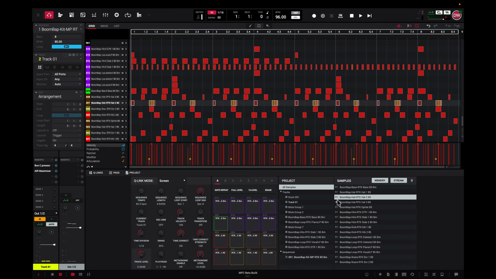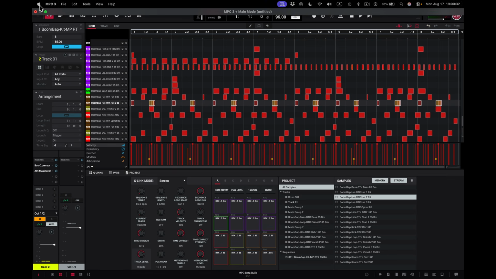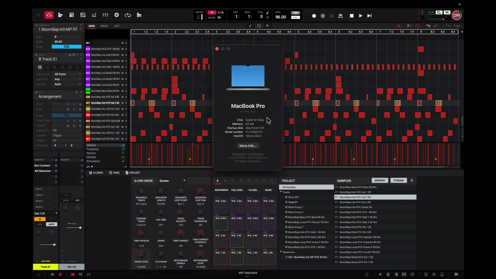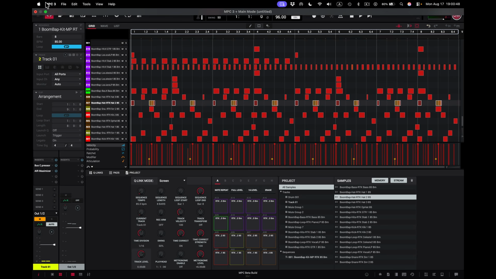Now mine's probably saving faster because I am running a MacBook Pro. Well, I'll show you this right here as well. I'm running a MacBook Pro here, and this MacBook Pro, you'll see here, is 64 gigabytes. So it's got a lot of memory inside of it. I'm running the M1 Max chip in here as well. And I try to make sure I have a lot of space on my computer so I can do whatever I need to do and get done. Since I actually do make a bunch of video stuff,